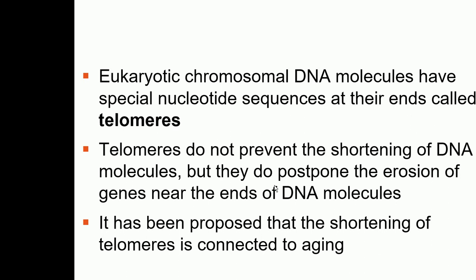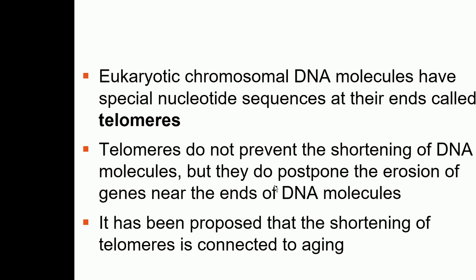So every normal cell can only undergo a specific number of cycles of replication, because once the telomeres are removed, the cell cannot divide further. The cell has to die. That is why every normal cell has a finite lifespan, and that lifespan is determined by the length of the telomere. Once the telomere is gone, the cell has to die, because after that the cell will start losing some of the important genes.